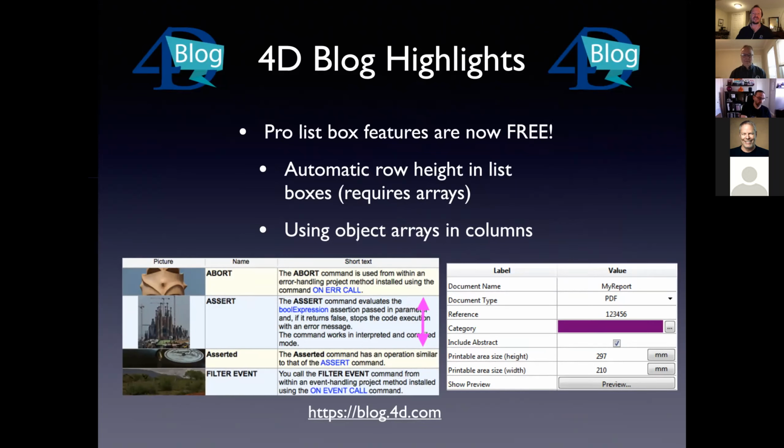Beyond that, we have other great information for learning 4D and for understanding the new features and seeing what's coming out in R4. One of the big highlights from recent blog articles is that certain Pro list box features are now free. Namely the ones that were listed specifically by this article. And if there's any other specific features, perhaps Jim can let us know about that. But the ones that were called out in the article was automatic row height in list boxes, which is really groovy,